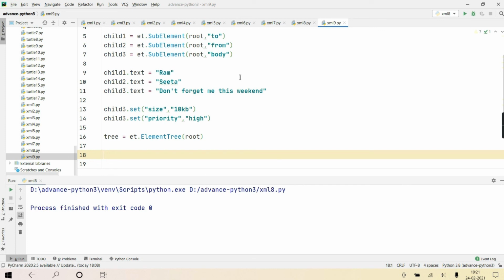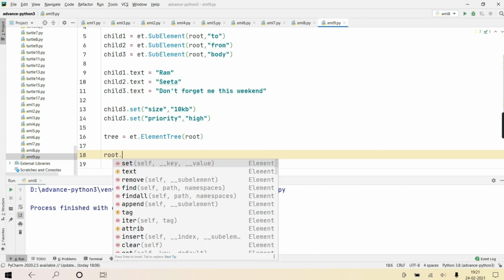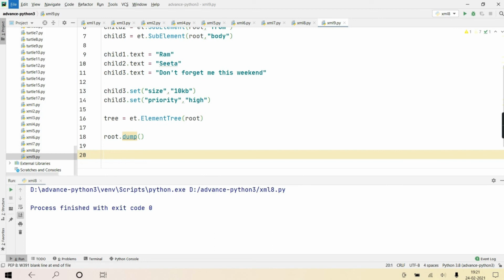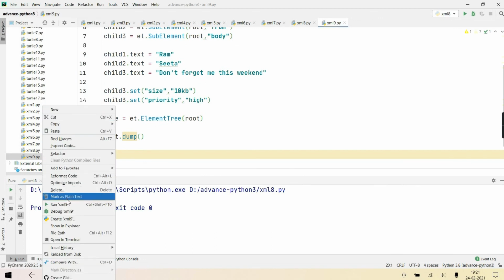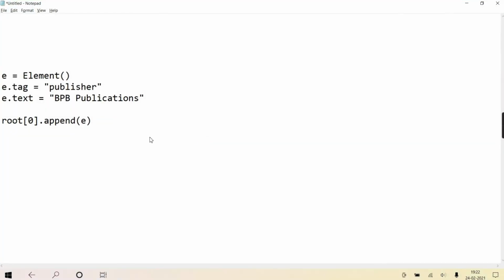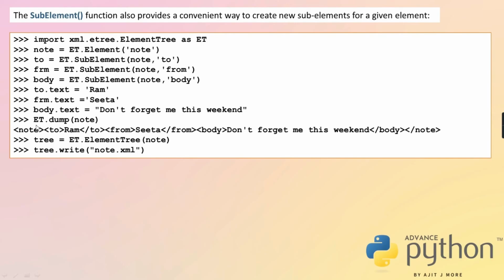You just want to see the memory XML, what XML is created in memory. So you can just write ET dot dump. Only this much, if you run and see. It was ET dot dump only. One minute, just let me see.